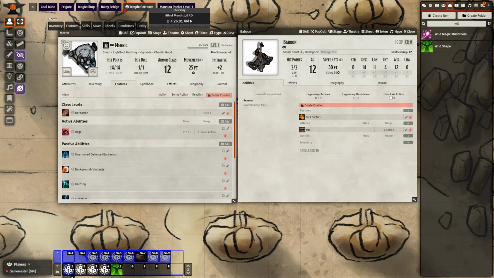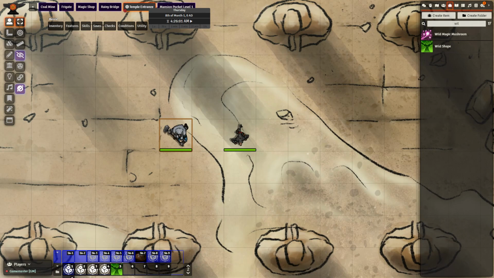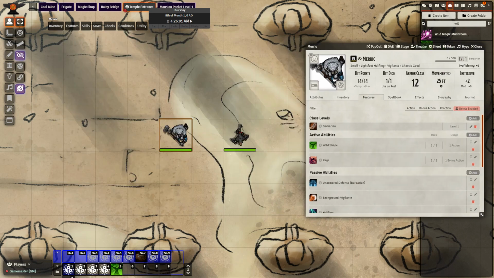And then the last step is to move the Wildshape feature onto both the original form and the form of your transformation. Now I know I've been showing off the giant eagle, but for the final step I'll be using Merrick and a baboon. The reason being because it looks best if they are the same size, at least currently that's how it's set up. After adjusting my Wildshape macro for our new actor and new Wildshape, we can just go ahead and click, drag this onto the macro bar,